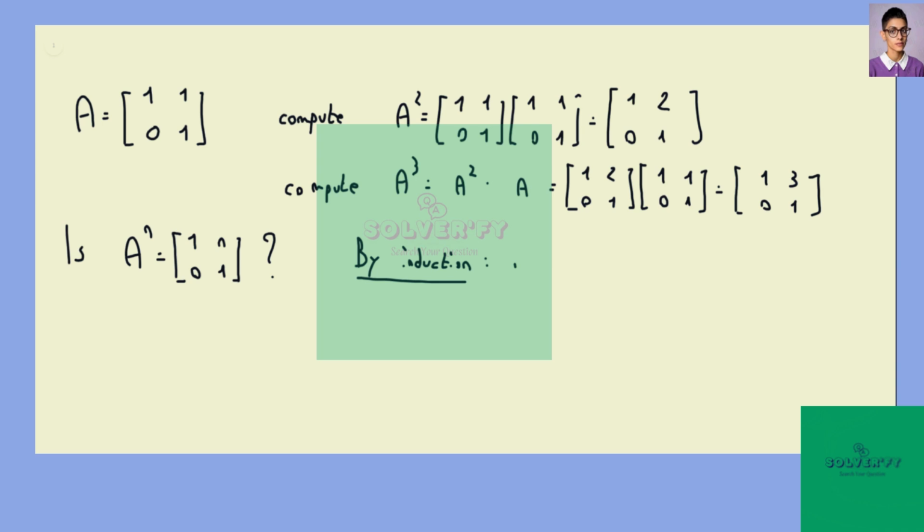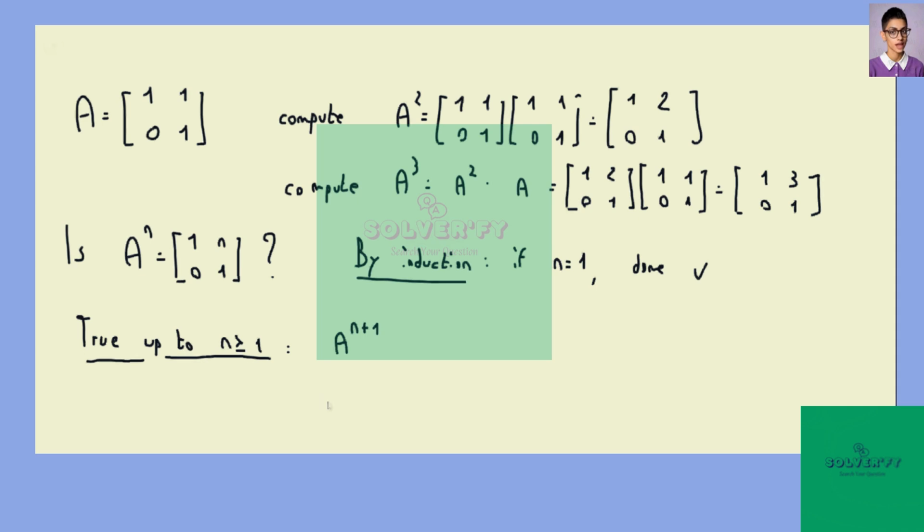So if n is equal to 1, then it's done already, because A to the first power is just A, and it is in fact 1, 1, 0, 1. So the top right is 1. Now let's assume this formula is true up to some n greater or equal than 1, and we want to show that it's also true for the following n. So A to the power of n plus 1, we want to show that this is 1, n plus 1,